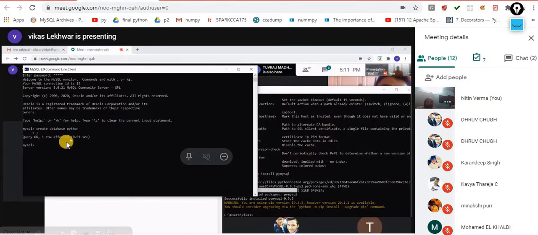Similar to this, whenever you are supposed to work with tables inside MySQL, you have to create the tables. Tables mean information in a structured order. Where should I place that information? I am going to place that information into this database. The database name is called Python.